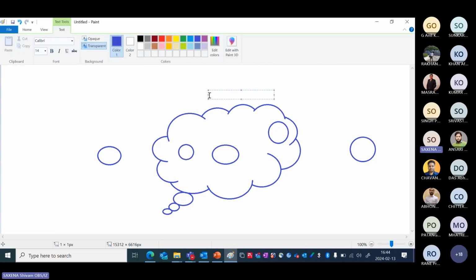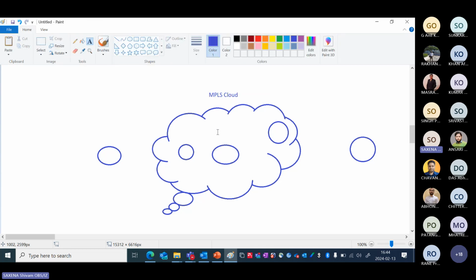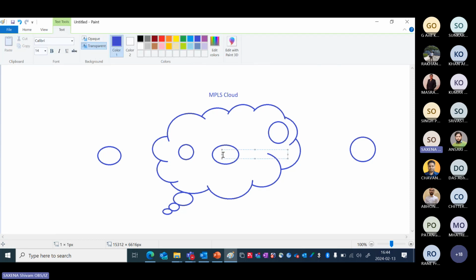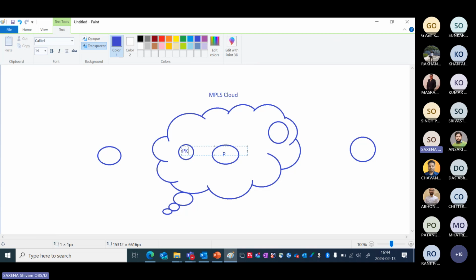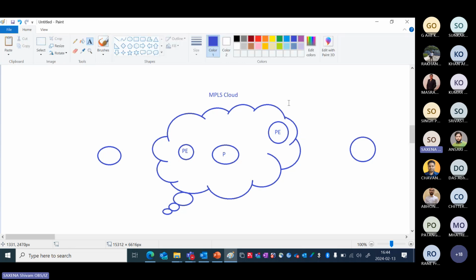This is MPLS cloud. So any internal router present in the service provider network, we call it a provider router. So this router will be called a provider router. And any router which is placed at the edge of the cloud is called a provider edge router. This is also called a provider edge router, because these routers are placed at the edge of the MPLS